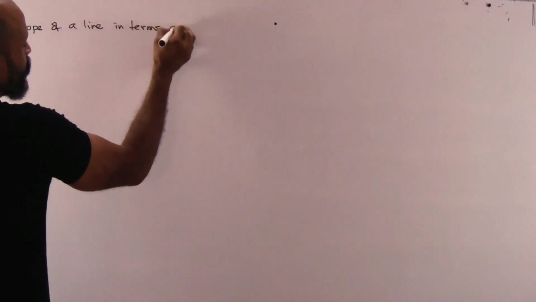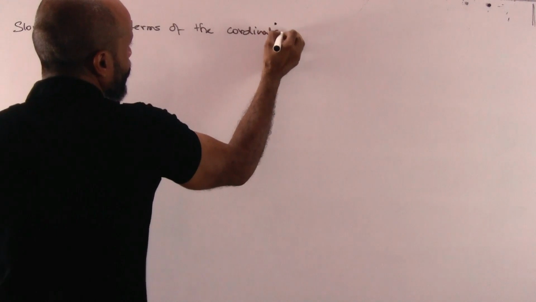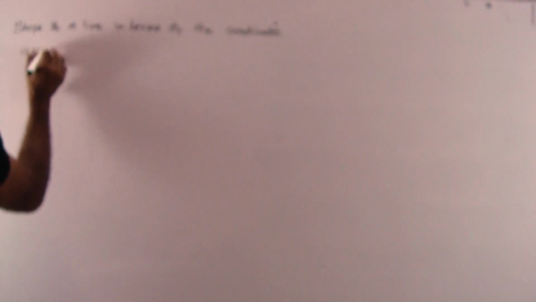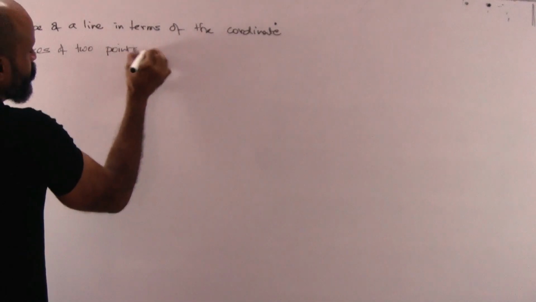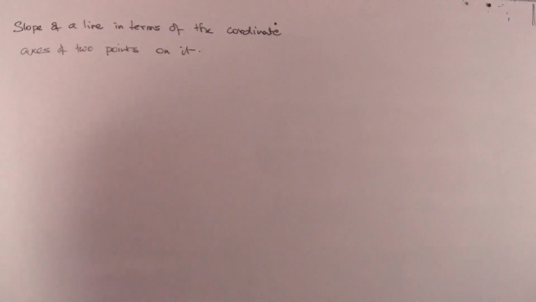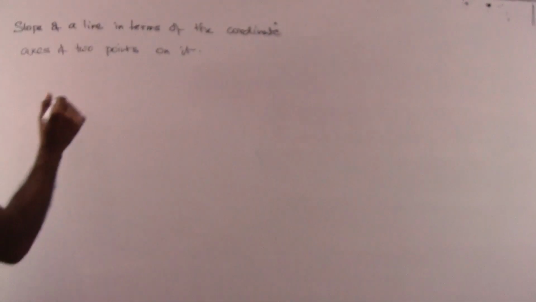Okay, so we will now talk about the slope of a line in terms of the coordinates of two points on it. So we are talking about the slope of a line in terms of the coordinates of two points on it. So let's say we have here